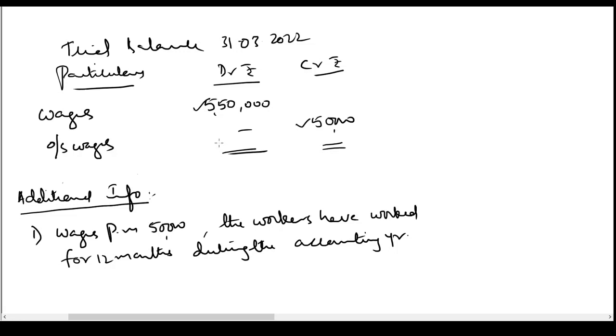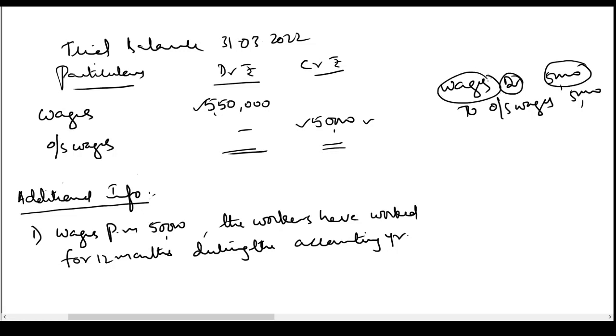And what is the entry we pass for outstanding wages? Wages account debit to outstanding wages. So for this 50,000 rupees, the entry wages account debit to outstanding wages 50,000 has already been passed. This 50,000 would have been debited in wages account. This outstanding wages has been credited with 50,000. That is why it is showing a credit balance here in the trial balance. So this 5,50,000 includes some amount which has been paid in cash and also includes some outstanding wages. So out of 550, if 50,000 is outstanding, remaining 5 lakh has been paid in cash.